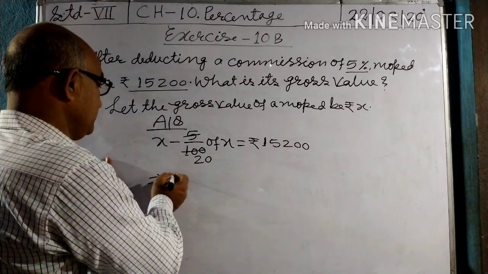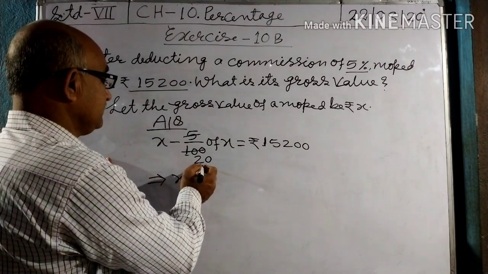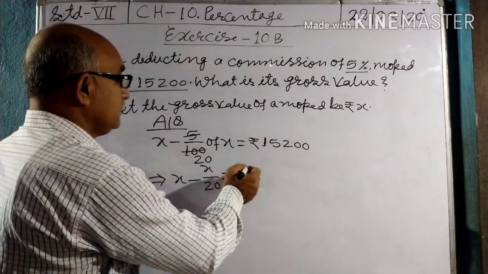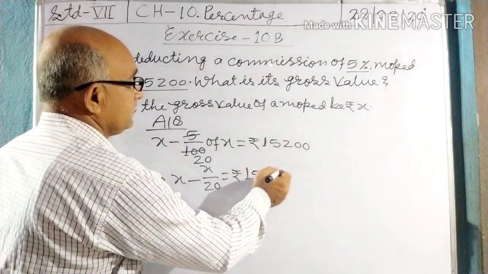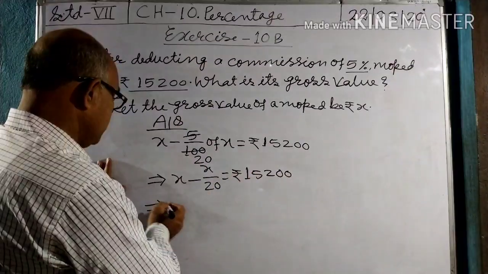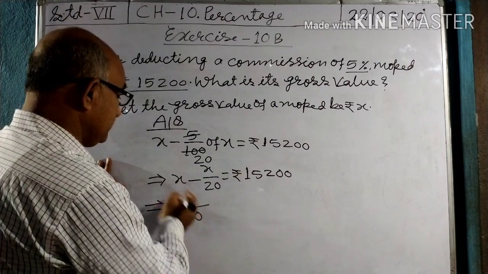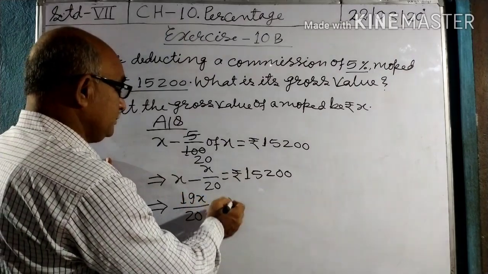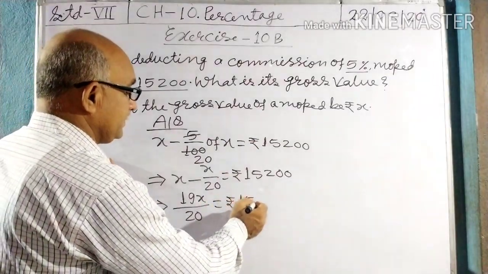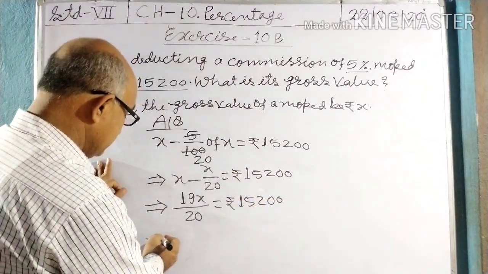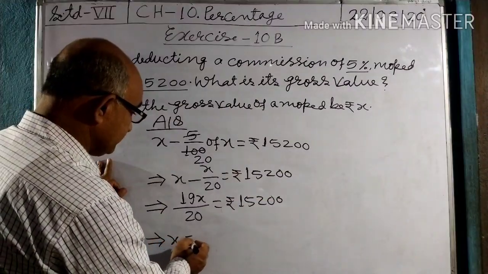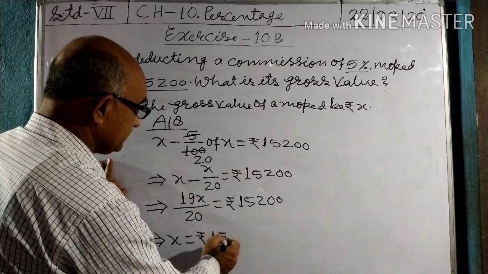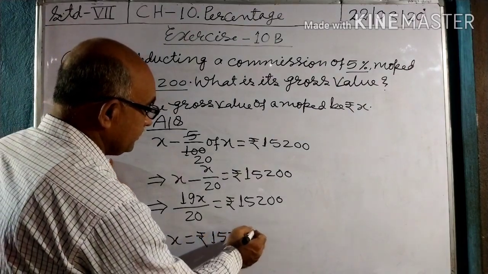That implies x minus x by 20 equal to rupees 15,200. Now here LCM 20. 20x minus x, 19x equal to rupees 15,200. That implies x equal to rupees 15,200